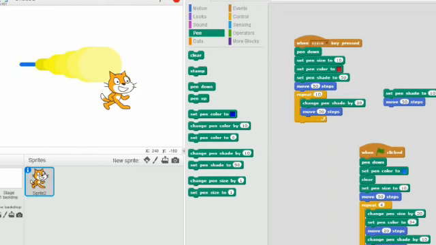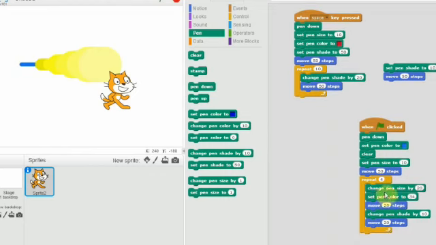See. Here I have set the blue color, then set pen size. My pen size here is 10. I used a repeat block, so this script is repeated only 4 times. Change pen size by 20, so it increments the value by 20. 10 plus 20, 30.